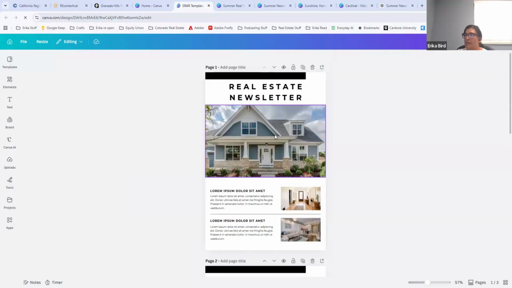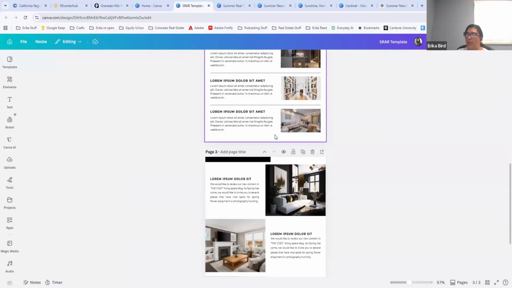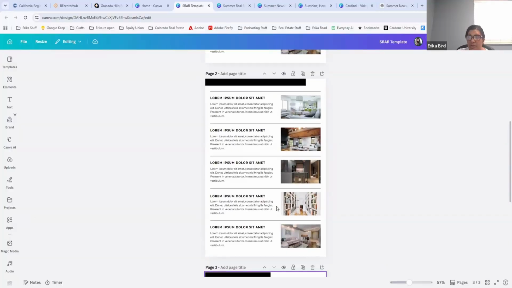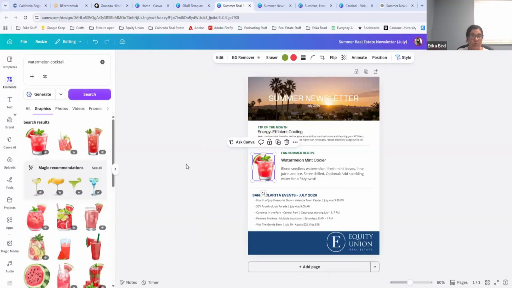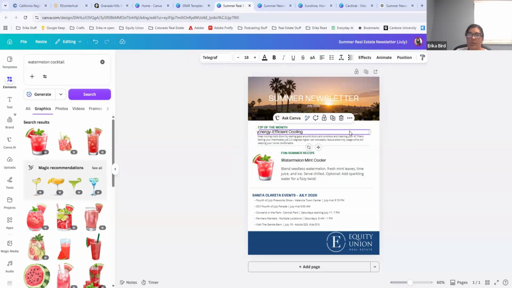If you wanted to create something a little bit more sophisticated, it doesn't have to be all 3 pages. You can change it up, but you could use ChatGPT for that if you wanted to really think out a newsletter, whether it's a tip for the month or what clients should be doing to prepare for the fall if you're getting closer to the end of summer. But yeah,